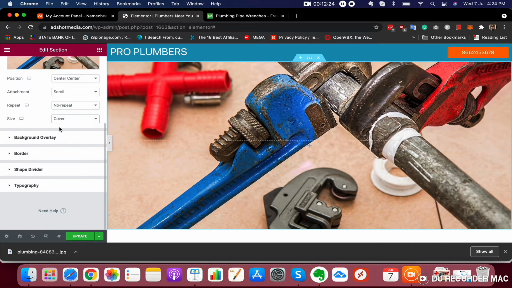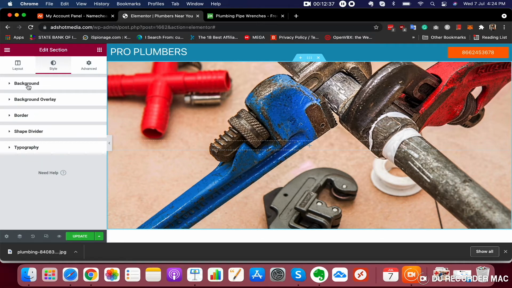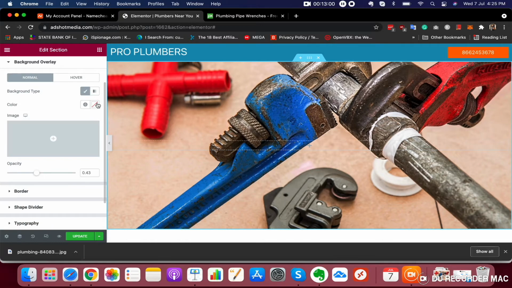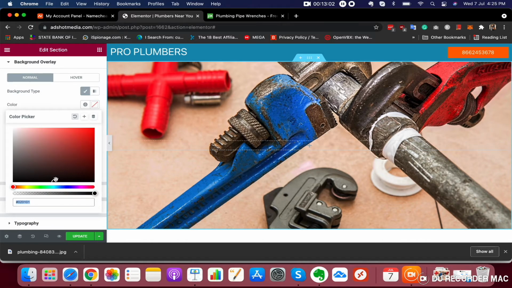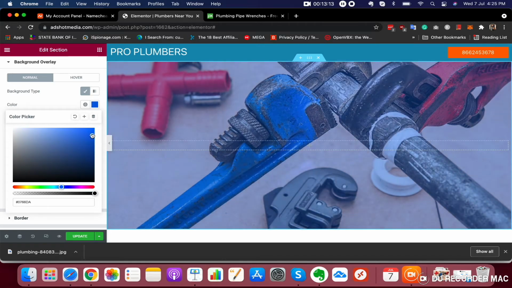Now let's make it a little bit blurred so that we can have our text focused. So just go to background overlay and select a color. I'll select something darker, which is black. Or as you can see we have this blue color here, so just select something similar to this, a blue color, right?